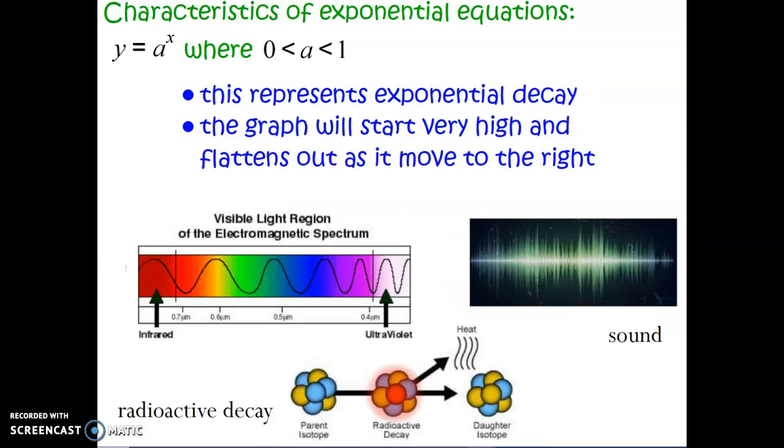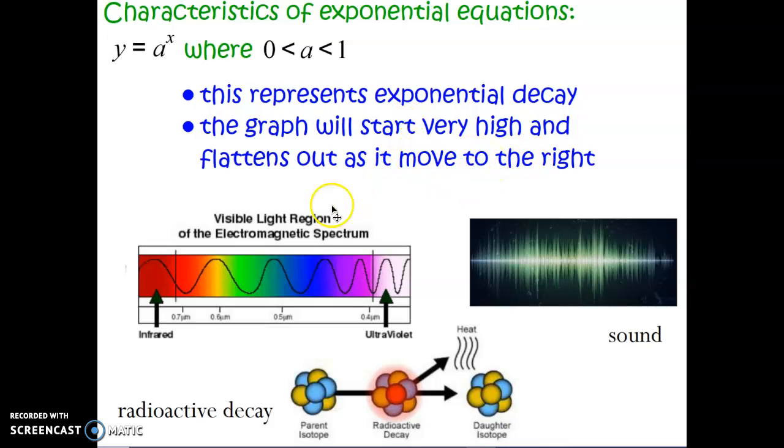All right, differently from that is this one. I still have a to the x here, but look, I'm changing a. A is going to be a number in between 0 and 1. So a fraction that is less than 1 or a decimal that is less than 1 will meet this. And these are the opposite. These are exponential decay instead of exponential growth. And in this case, the graph starts very high on the left-hand side and it flattens out as it moves